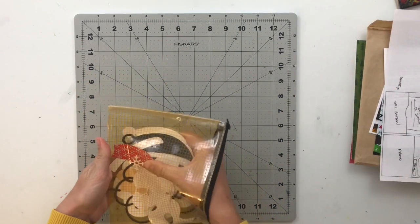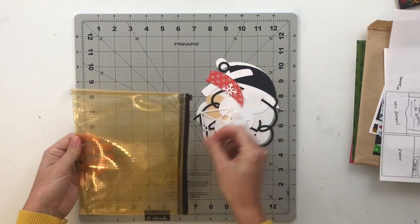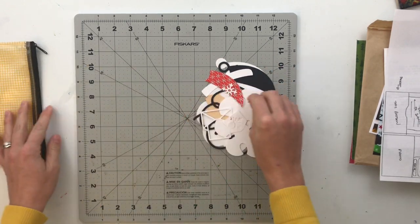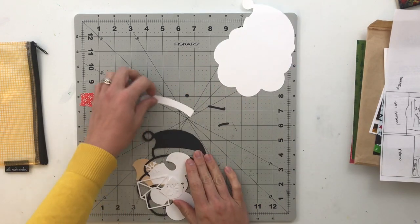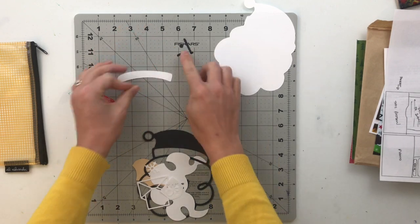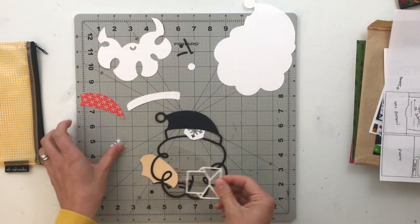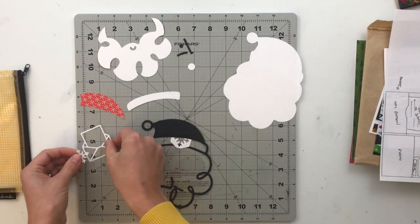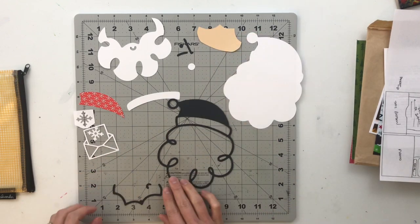The first thing I'm going to do here is work on the most tedious part of the spread first, which is the Santa shaker pocket. Now, because I have all of those pieces cut out individually the exact way I want them, it's going to make doing this process a whole lot easier. So once I have everything set aside so I can see what I'm looking at,